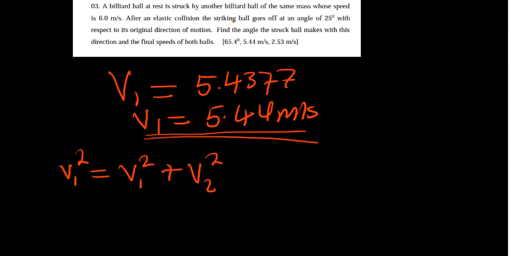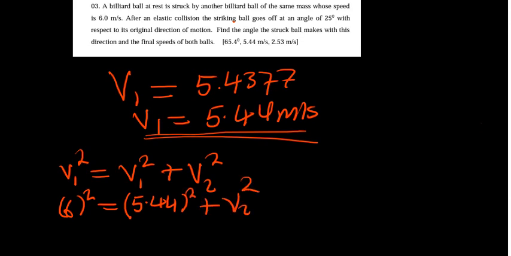So we're going to replace: our initial velocity for ball 1 was 6, squared, is equal to our v1 final, which we just got as 5.44, squared, plus our v2 squared. So this is going to give us 36 is equal to, when we square the 5.44,